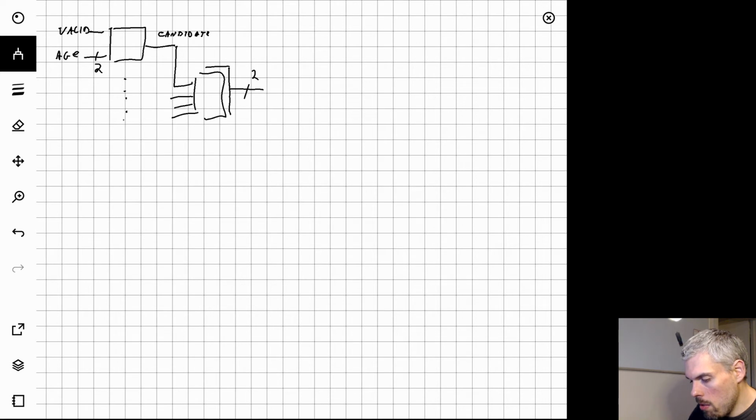Yeah, so that's pretty easy. For each way, we independently test if it's valid or if it's the oldest. If that's the case, it's a candidate, and then we need 2 LUTs to take those 4 signals that tell us if a way is a candidate or not, and just pick one with a priority list, or it doesn't matter. If it's a candidate, we can replace it. Ideally we would prefer to replace invalid ways over the oldest one, but the truth is,